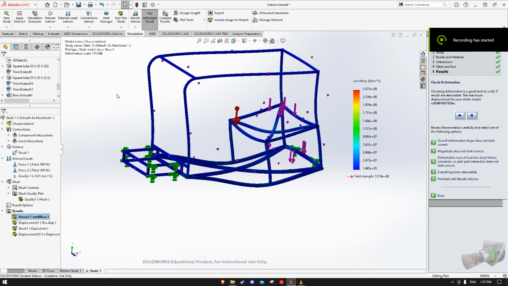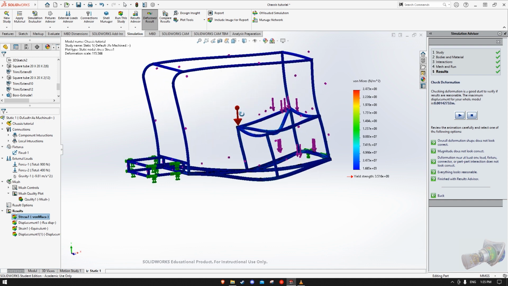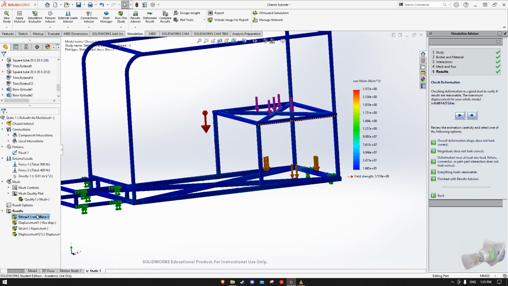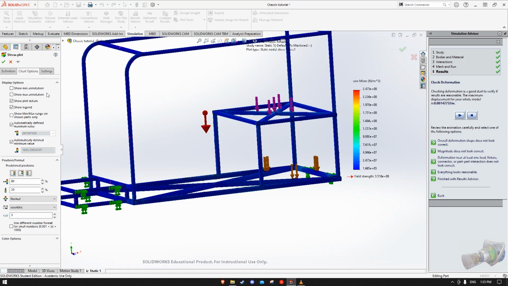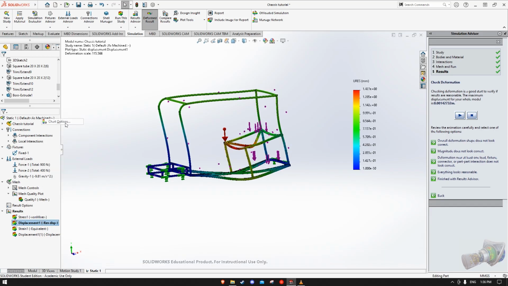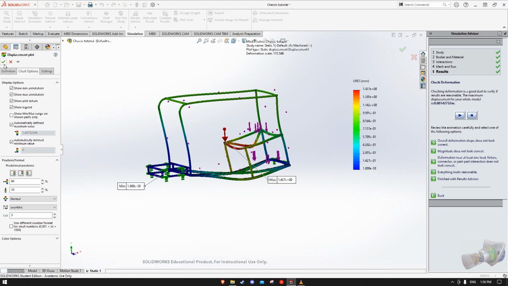Okay, so after the study has been done, you get the same results as for the suspension arm, but as you can see here, it's a lot more emphasized. So we can just click on deformed results to just get it back to normal. And this is the stress plot. We can do the same thing, right click, chart options, show max and show minimum, and just drag it here, just like that. For the displacement as well, we can do the same thing, right click, chart options, show minimum, show max,